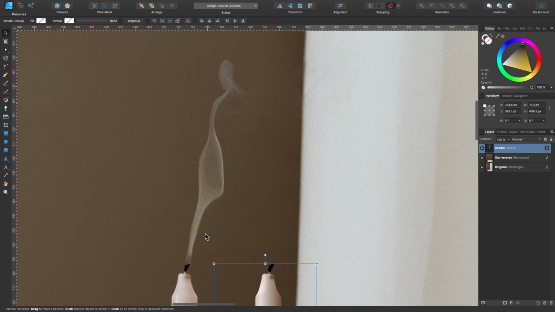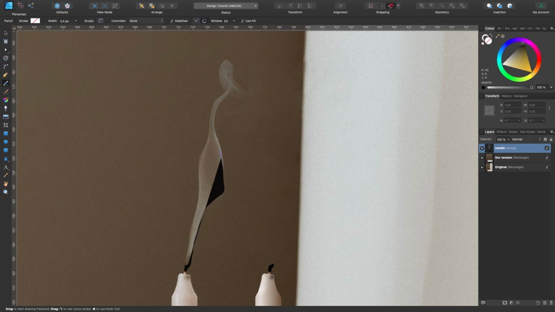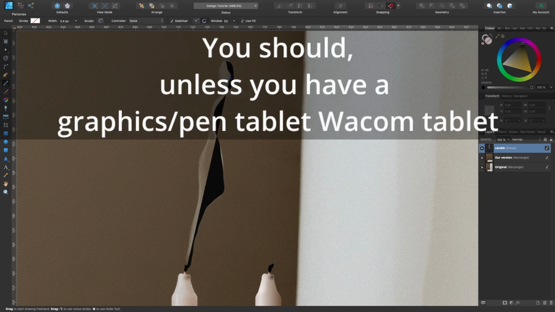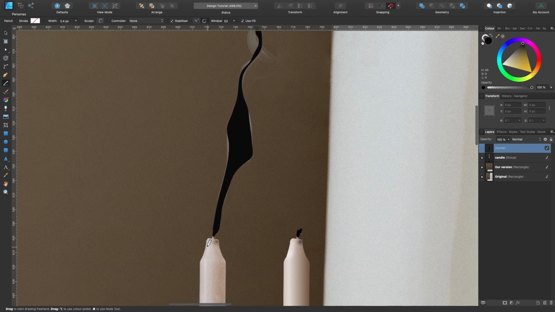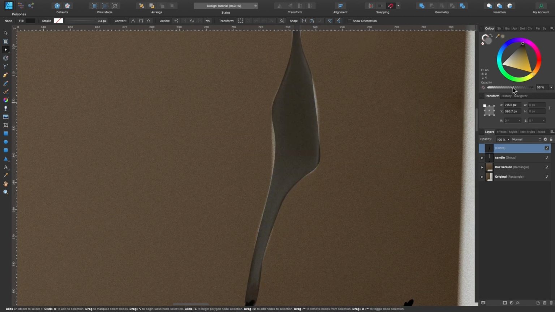So I'm going to start off by just tracing around this shape, and I'm going to create one shape here and then one shape for the tail. Grab the pencil tool, and I've got the same settings at the top there. I'm just going to start slowly tracing around it, and I'll probably speed this bit up. Okay, switch to the node tool, close that shape, and let's make it transparent.